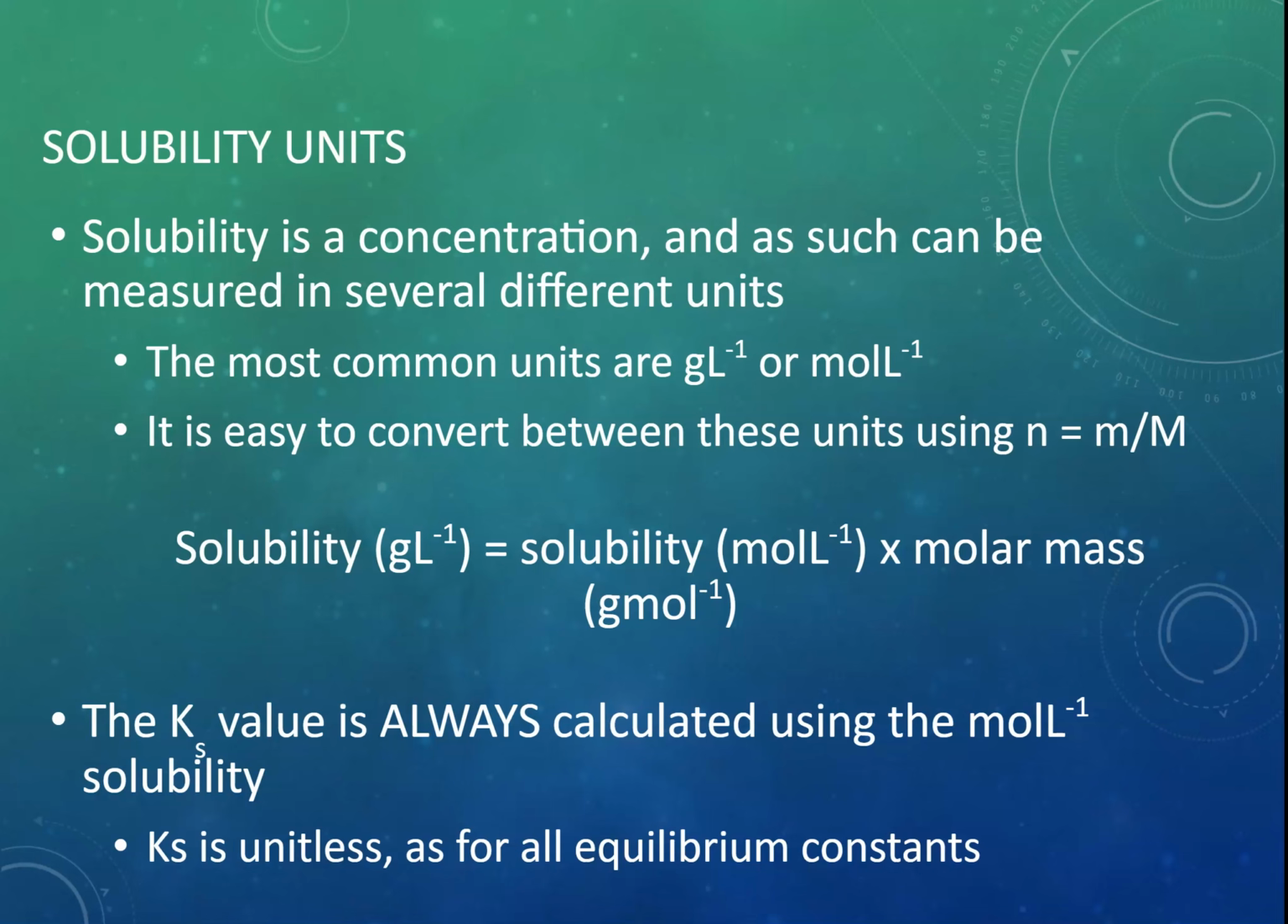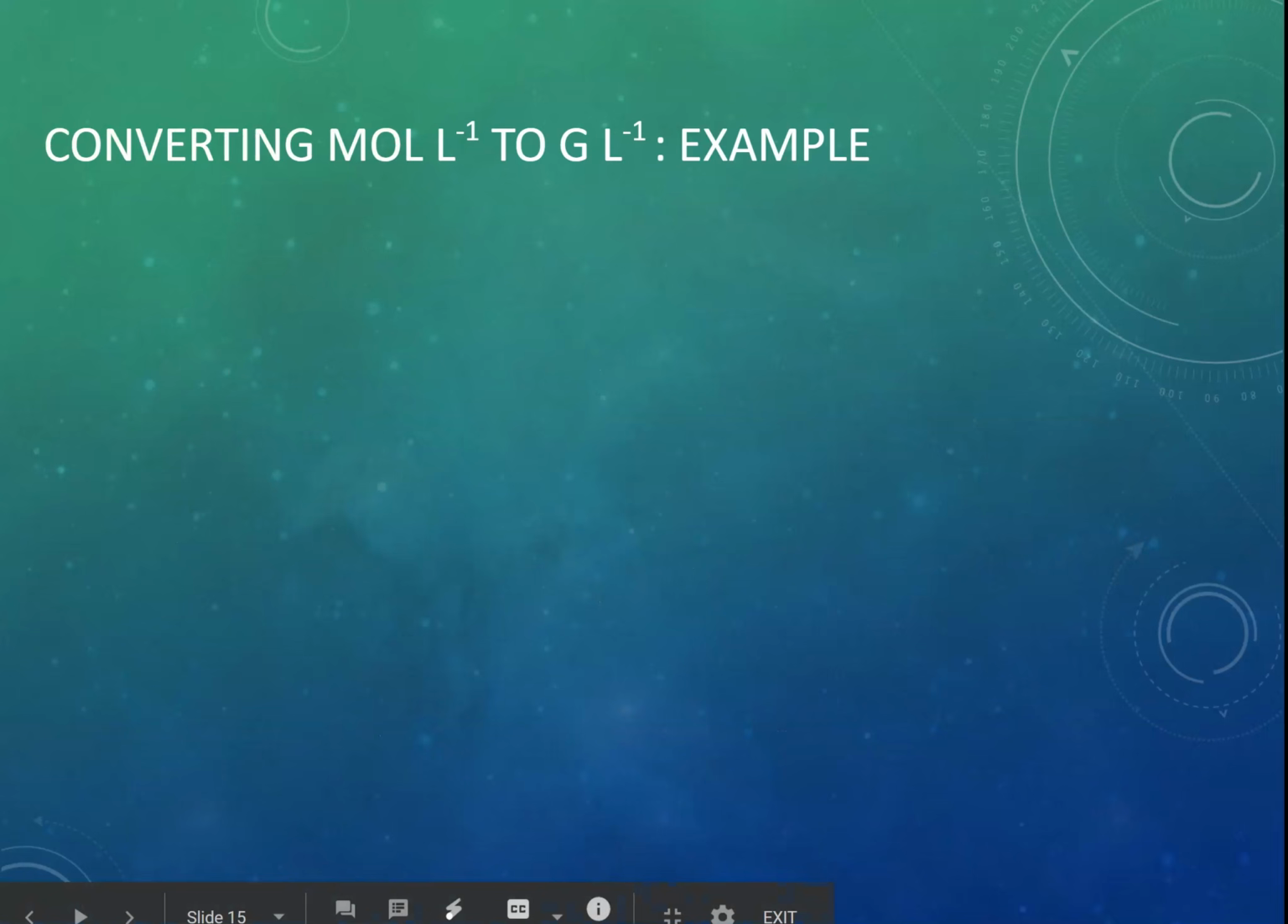Okay, I'll give you an example in a moment, but first it's important to remember that no matter what unit you get given in a question, Ks is always calculated using mole per litre solubility, and Ks is always unitless, as any equilibrium constant is. So just to convert from moles per litre to grams per litre, or vice versa,